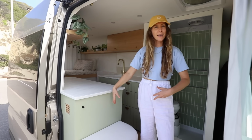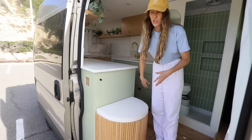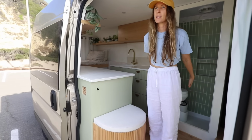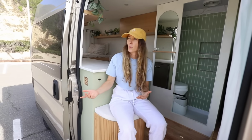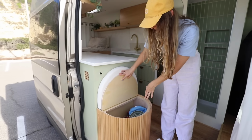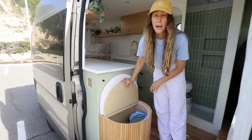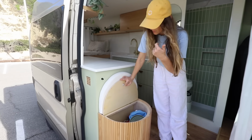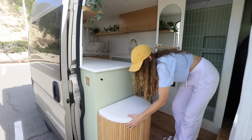That brings us to our next feature, which is this bench, which is actually removable, so we can move it around. We really wanted to keep this space in the doorway as open as possible, but wanted like a place to sit and enjoy the view. And then we just have a ton of storage in here, so we dedicated this to be Tonkin's area with all of his food, his toys, all of his stuff basically. And it's pretty cool because you can move it